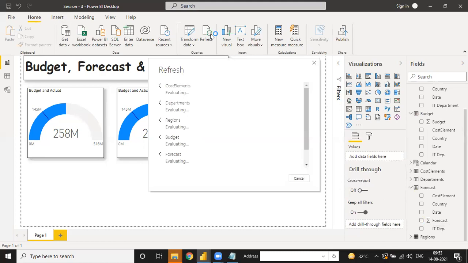Let me just share my screen. I think some of the connection is lost. Please let me know when you see my screen again. Are you able to see? Hello?